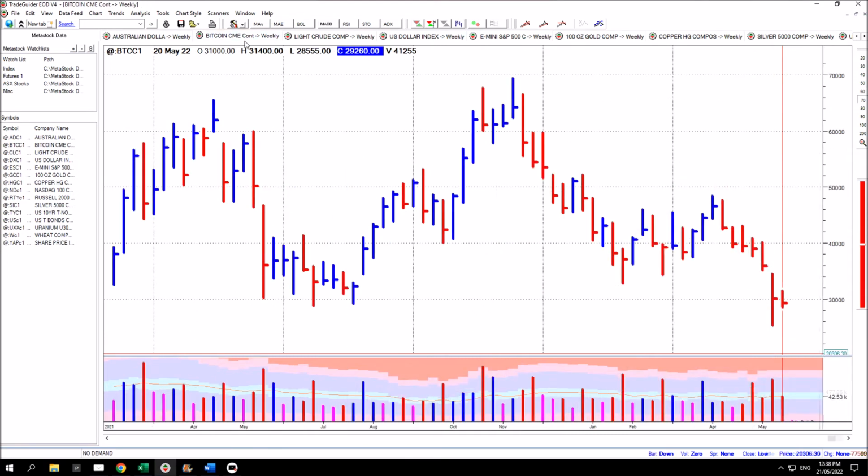Last market is Bitcoin futures. Broke below this level, actually gapped below this level 2 weeks ago. It was a significant move. There'd been support coming into this market here. Weakness emerged here. There was a final attempt to support the market here, and price gapped below previous support and